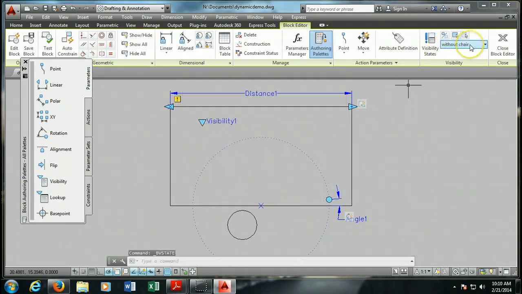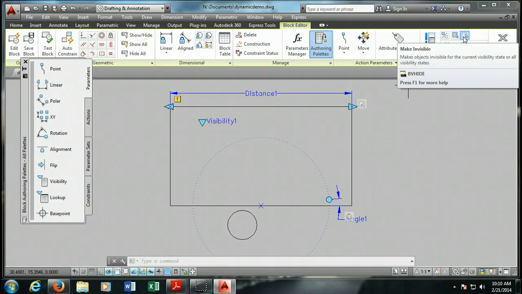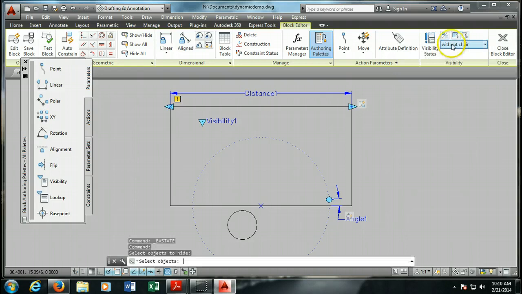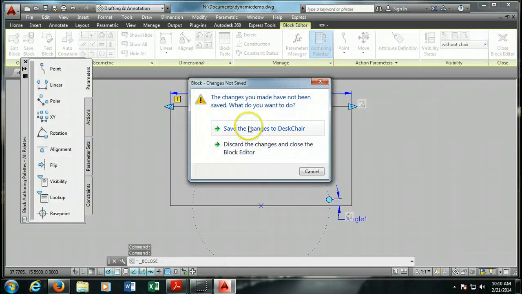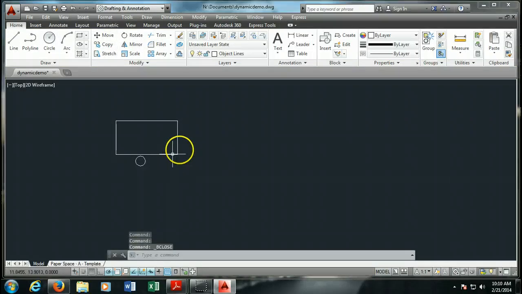And then when it's on without chair, I go to make invisible, and then I click on which objects I want to make invisible when I go to the without chair. So I select just the chair and hit enter. And then it is not visible whenever I'm on this layer from now on. So my next step is to close the block editor, and it will ask if I want to save the changes, which I do. And now when I go to insert that block,